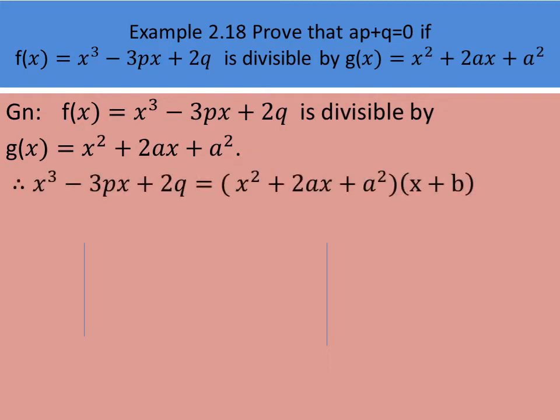Okay. So listen, what is given here, this function is divisible by this function, isn't it? So you can write this one first. x cube minus 3px plus 2q is equal to, this will be one of the factors. Since it is divisible by this value, this is one of the factors. The other factor you have to find out. You see in the left hand side, the highest degree is what? 3, isn't it? And for this factor, the highest degree is 2. So for the next factor, the highest degree will be 1.